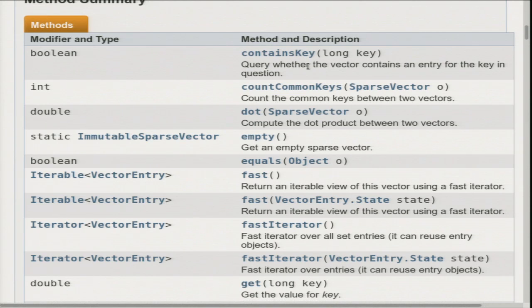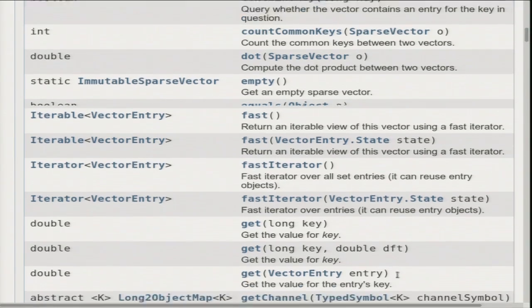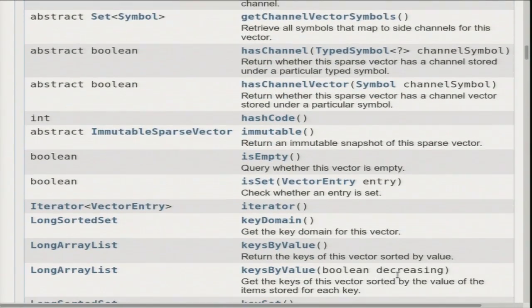Contains key is like contains key for a map. It sees whether that key is in the vector and is set. There is a get method that gets the value for a key. Unlike Java map, get throws an exception, illegal argument exception, if the key is not in the vector. There's another version of get that takes a default and returns that default value if the key is not in the vector. There are also methods to iterate over a sparse vector,